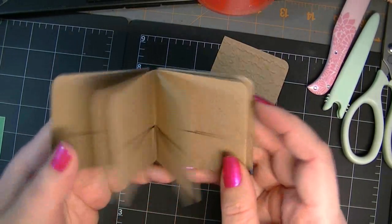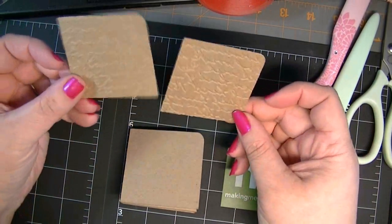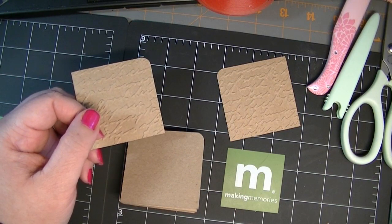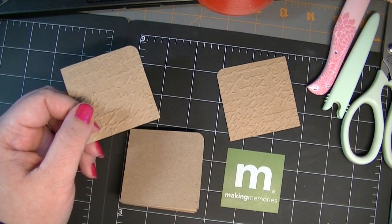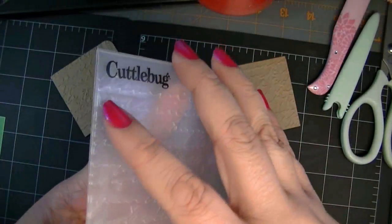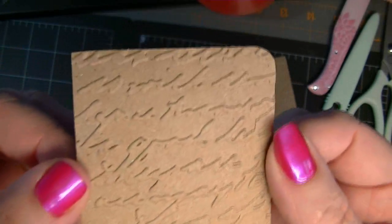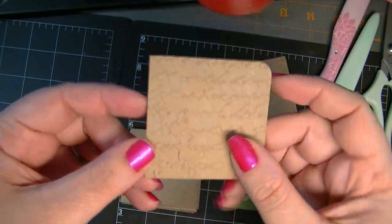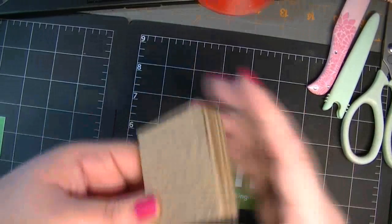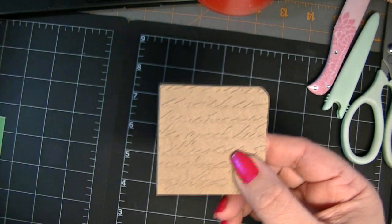So all of this has already been adhered. I even have the chipboard covers on, the front and back. And then I have 2 layers of craft paper, which I've run through an embossing folder. Let me just grab which one it is. It's Cuttlebug one. It's this one. And it's really nice. You could leave it just as is, or you could run ink over it, or once you're finished you could run any of your shiny products like Glimmer or Glaze or Lindy's,